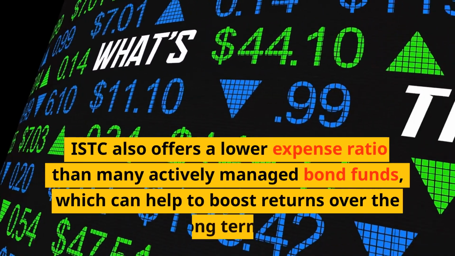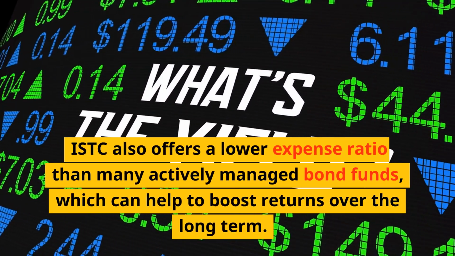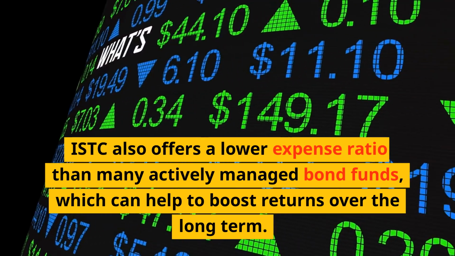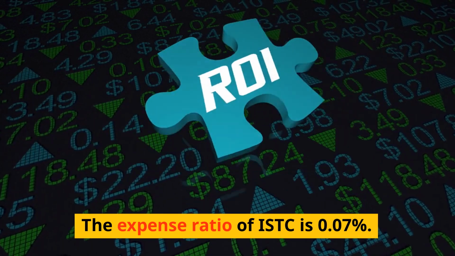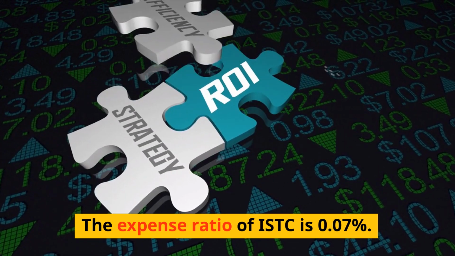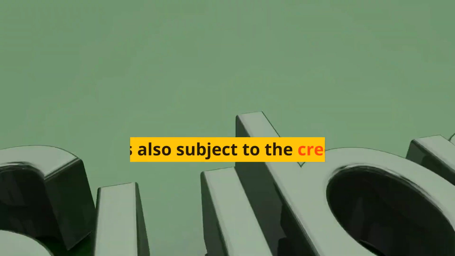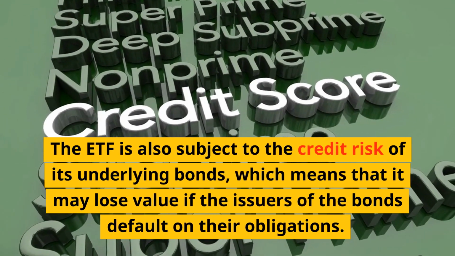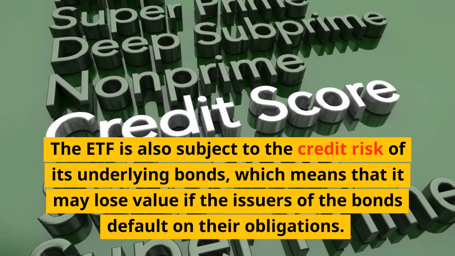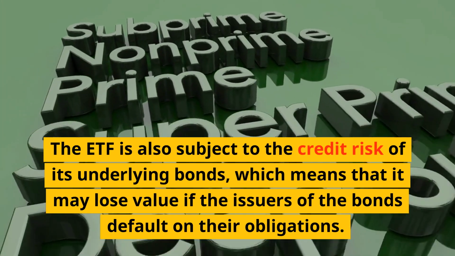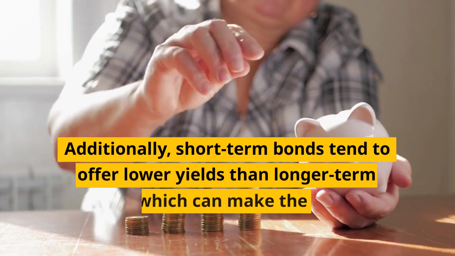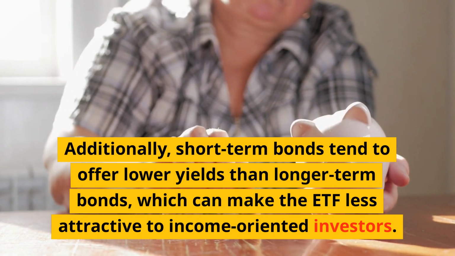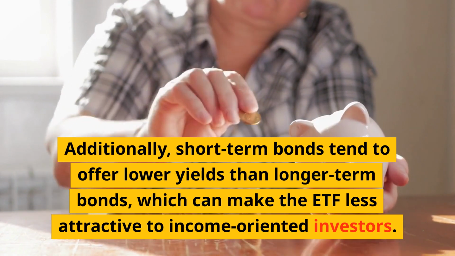ISTC also offers a lower expense ratio than many actively managed bond funds, which can help to boost returns over the long term. The expense ratio of ISTC is 0.07%. The ETF is also subject to the credit risk of its underlying bonds, which means that it may lose value if the issuers of the bonds default on their obligations. Additionally, short-term bonds tend to offer lower yields than longer-term bonds, which can make the ETF less attractive to income-oriented